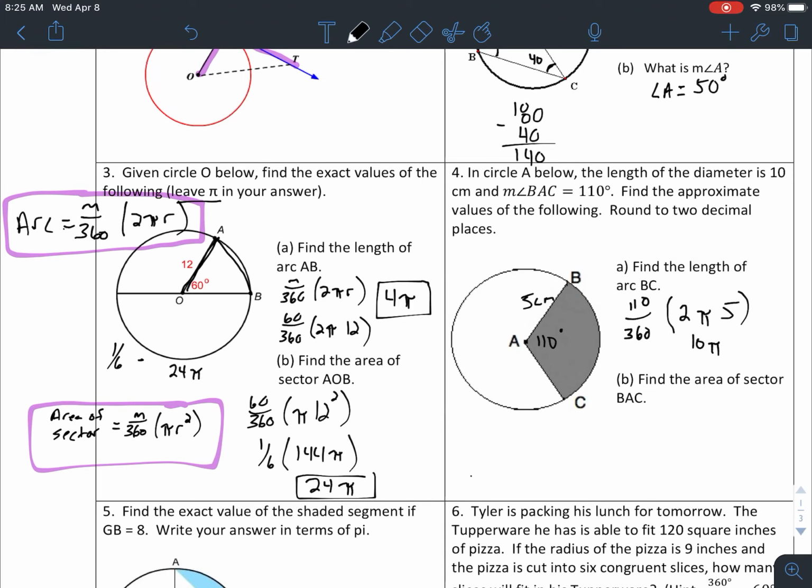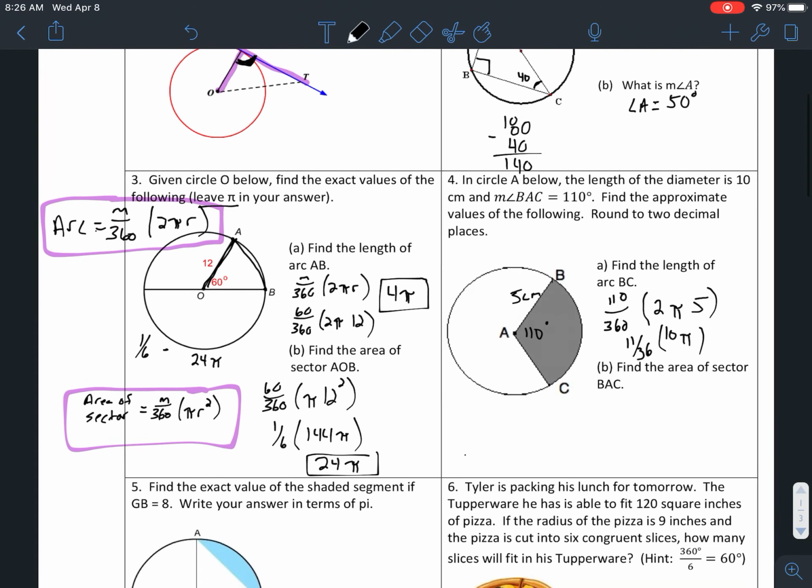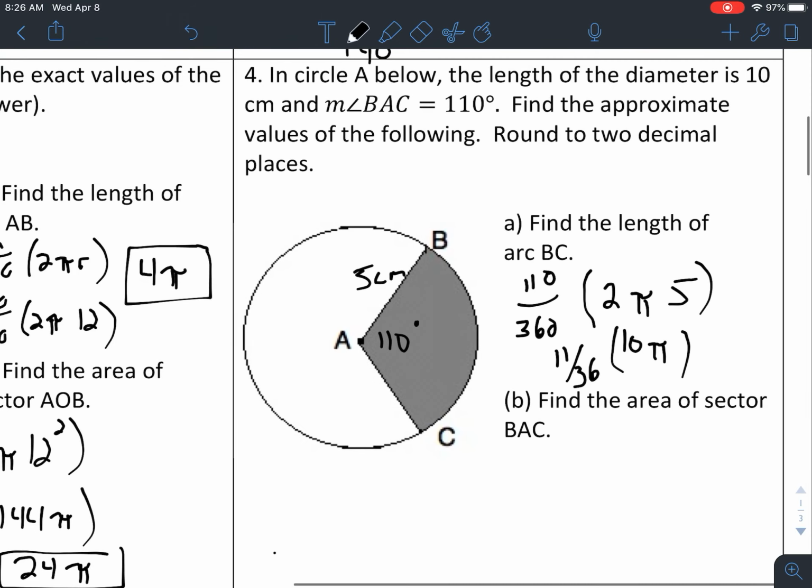And then on our calculator, type in the 110 over 360, which will leave us with 11/36, times 10 pi. So now we just take 11/36 times 10, then second and the caret key, which gives you a pi symbol. And it leaves us with the answer of, I'm going to write right over here on top,